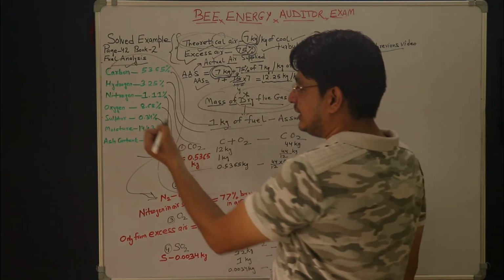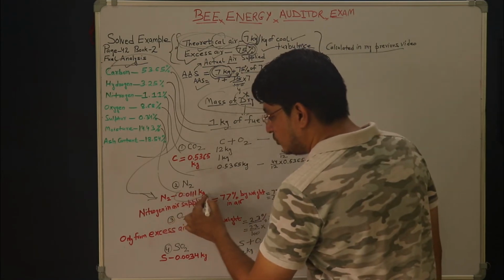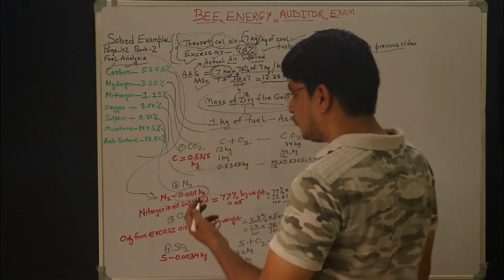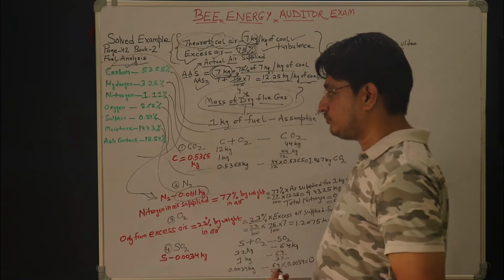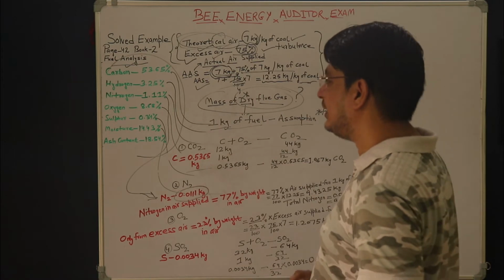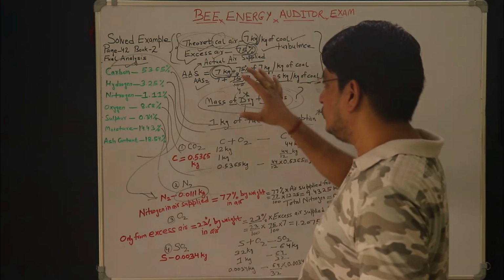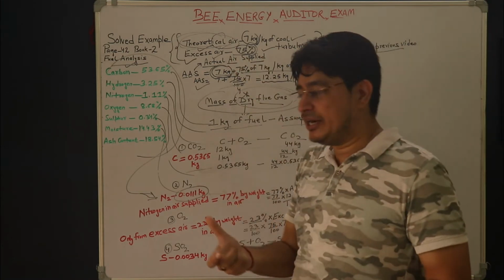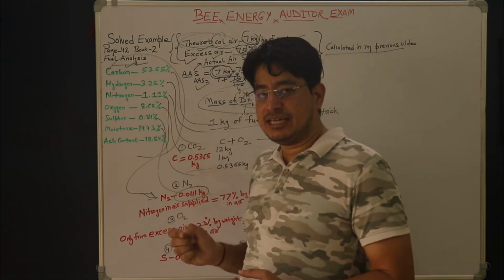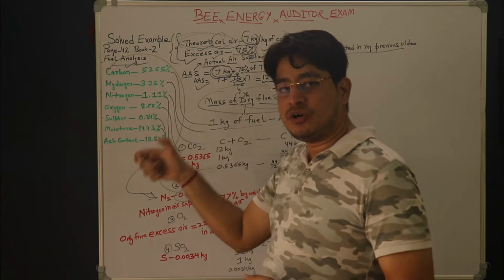Similarly, the amount of nitrogen present in 1 kg of fuel will be 0.0111 kg. So friends, as you can see here, I have not calculated the amount of oxygen present in 1 kg of fuel because you will see subsequently that it is not required. While calculating theoretical air, I have already taken the amount of oxygen which is present in the fuel. You all know that in combustion, oxygen is required from air. But if the oxygen is already present in the fuel itself, first that oxygen will be used and then the remaining amount of oxygen will be drawn from the air.